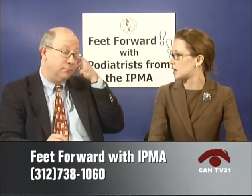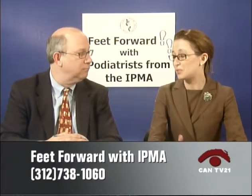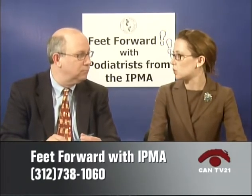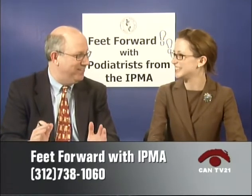Tool for warts. A pumice stone soaking the feet is certainly a good thing to do as well. Prevention is key, though. Wearing flip-flops or sandals when you're in a public area, locker rooms, shower rooms, pools, is a good way to just prevent getting the virus in general. So you definitely recommend the MacGyver treatment, the duct tape? Yes, the duct tape MacGyver